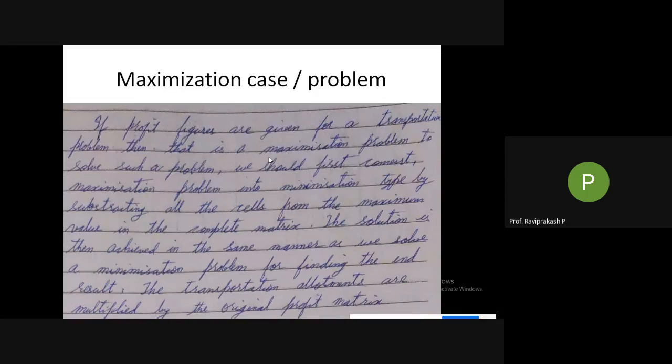Then, while multiplying the assignments, instead of assignments they are given allotments. So whatever we have allotted for a particular route should be multiplied by the original matrix, that means the matrix before we subtracted the highest value. So before that I need to go there and multiply that. I hope you have understood. If not, we will solve a problem, so whatever doubts you had, you will clear there. Still, if you have any doubts, you can ask me after solving the problem.